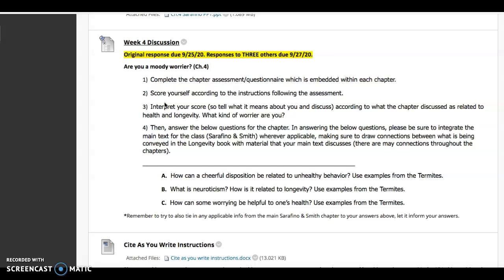Are you more neurotic? Do you go towards that end of the big 5 spectrum, or are you more of a laid back, I don't worry about anything sort of person? And you're going to score yourself. You're going to interpret your score according to the directions in the chapter,